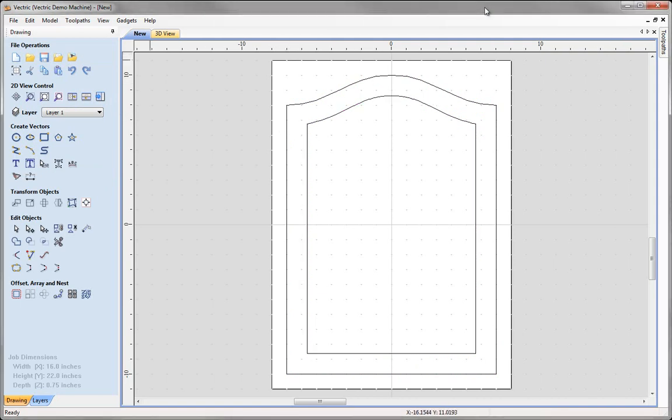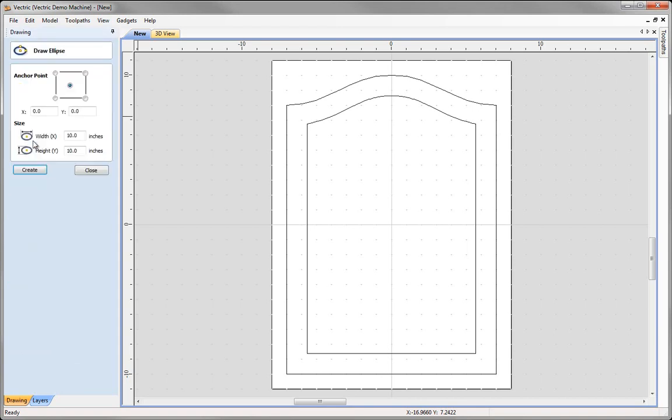Now let's go ahead and add some decorative elements to our panel that we're going to V-carve into the surface of it. I'm going to come over and start with an oval shape or an ellipse. So under create vectors here I'm going to click on this icon to draw an ellipse, and I'm going to use the snapping again in order to draw this. I'm going to go over the middle of the job so I see the cursor say X0, Y0,